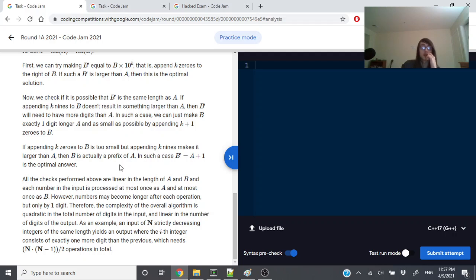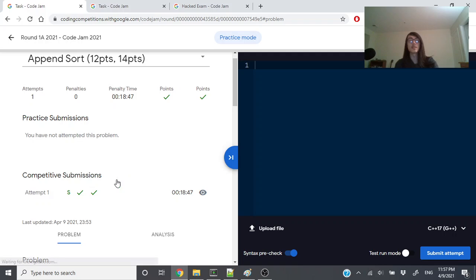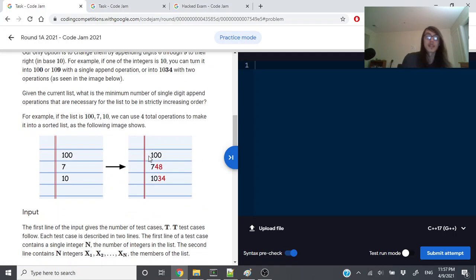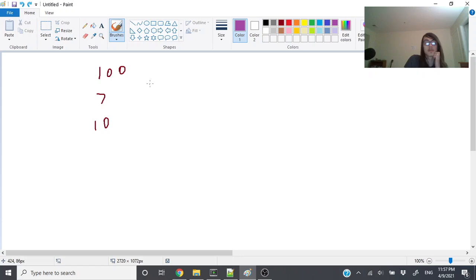Numbers may become longer after each operation. Yeah, like I was thinking, the integers could become huge. So really like